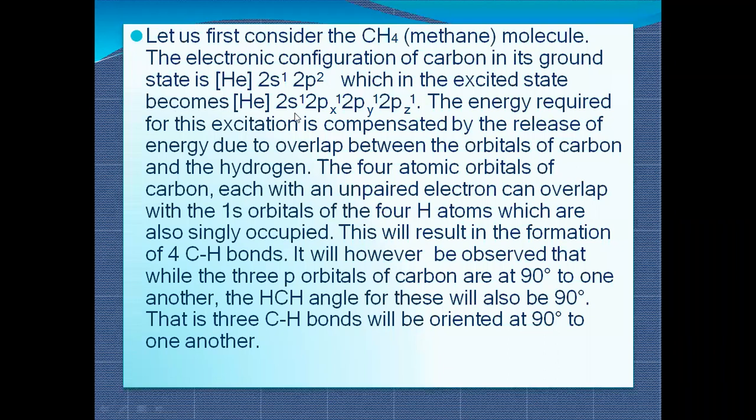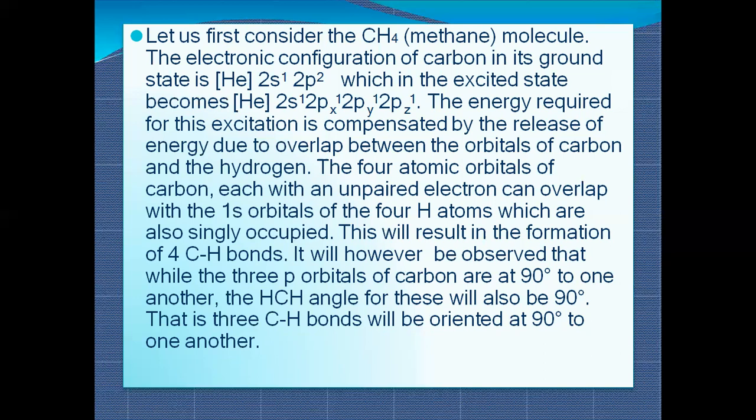One singly filled hydrogen atom comes and combines with the 2s. After that, another hydrogen comes and pairs with 2px. Another hydrogen comes and pairs its electron with 2py. Next, the fourth hydrogen comes and pairs its electron with 2pz. Now all the orbitals are paired, or fulfilled, because the singly filled pairing and overlapping of orbitals takes place. This will result in the formation of four CH bonds.